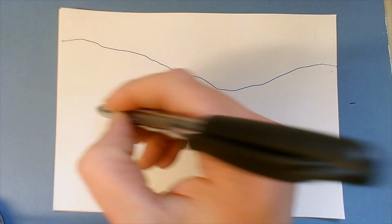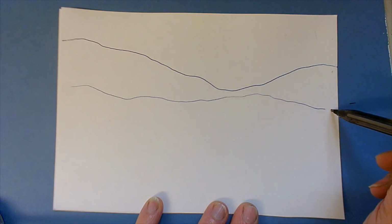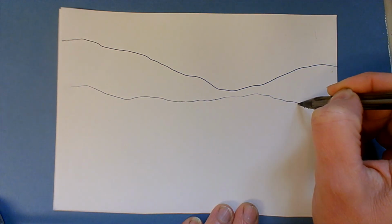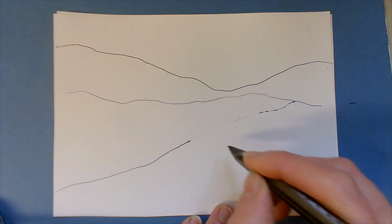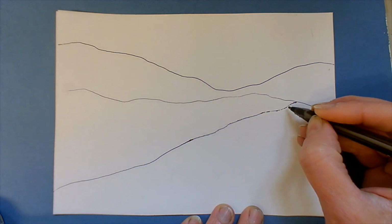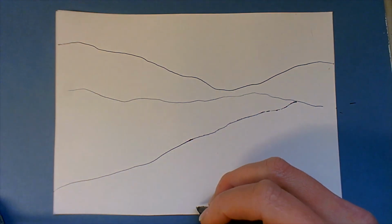I'm going to add in some lower ground, and that's done with another line. I'm also going to add in a river, if my pen will work, which it hasn't entirely. That sort of thing happens. Just retrace your line, and then I might swap my pen actually, and then another